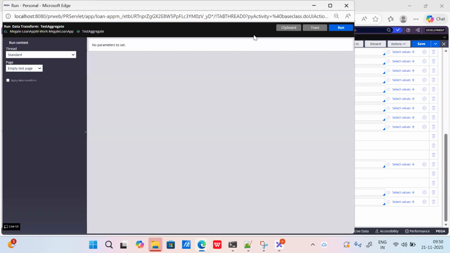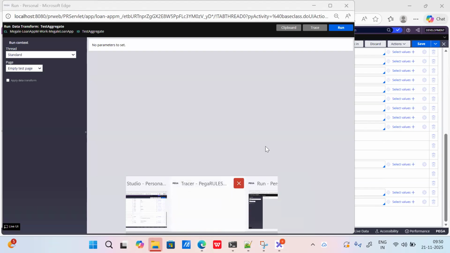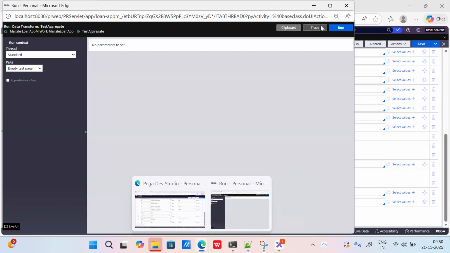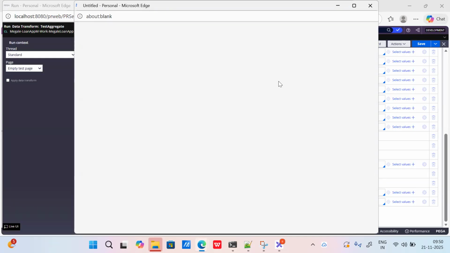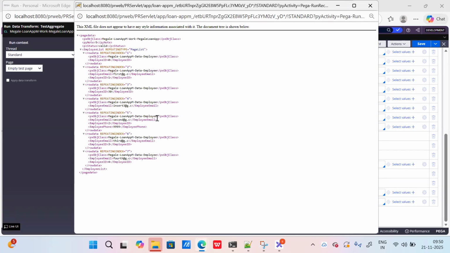I'm just running this one. Now turn on the tracer; close the tracer that you previously had open. Close this one, turn on the tracer and click run. So if you see, did my py note value get set in employee ID? No, we don't have it, right? We don't have this value here. But if you see outside the class context, on the work class context, I could see my py note value is here. You can also check it from the tracer.